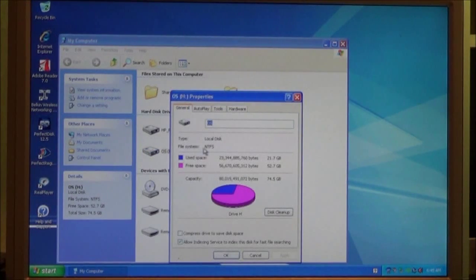Here it'll show you the filing system. If it's FAT16 or FAT32, you don't have to worry about file permissions. However, if the filing system is NTFS, which is also known as New Technology File System, that was introduced